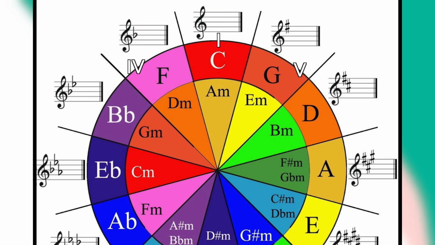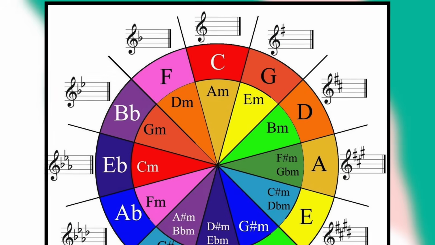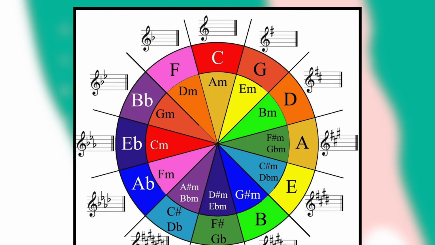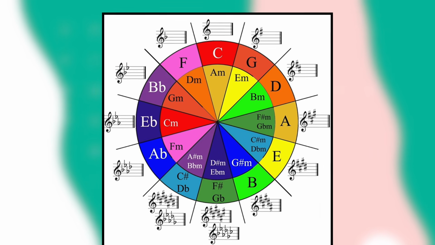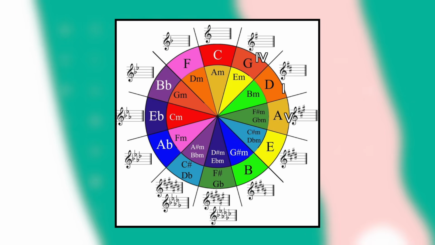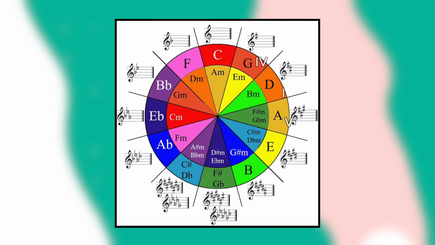is the 5 chord. But then let's go a little bit to the right, and now in the key of G major, the C major is the 4 chord, the D major is the 5 chord. And you can keep going around the circle of fifths like that. So for example, again, if I was in the key of D major, the G major chord is the 4 chord, the A major chord is the 5 chord in the key of D. So with that knowledge, you can really start improvising, playing some different chord progressions, and knowing what chords sound good